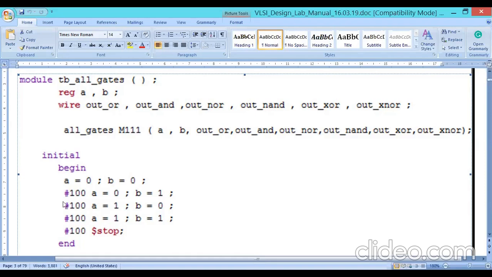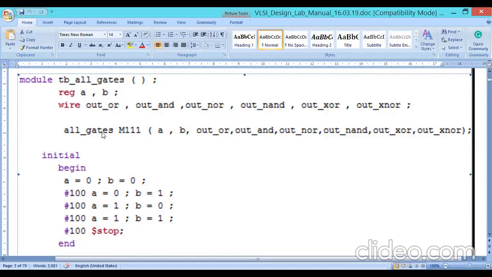A means A, C means C. So whatever A value, it will immediately take in the design program. It will take the A value and B value up to 100 nanoseconds. Next, after 100 nanoseconds, A and B update, and the updated values keep being forced. If A and B are forced into the design, immediately it will execute, because in all_gates there are assign statements.